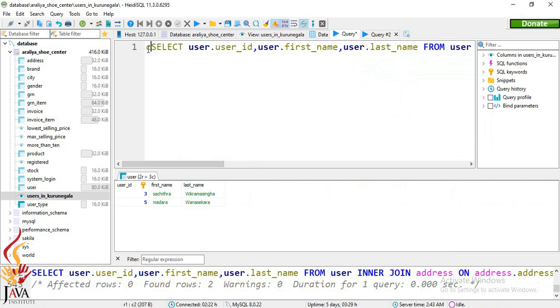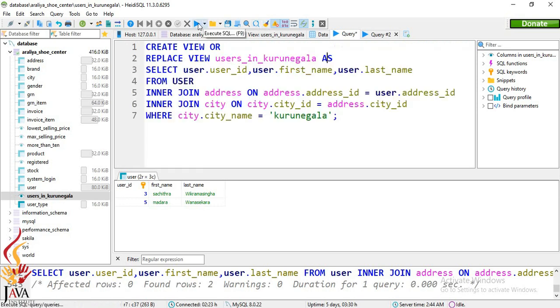So for that I will write create or replace view, and after that I will mention the view name as users in Kurunegala as. Now when I execute the query,